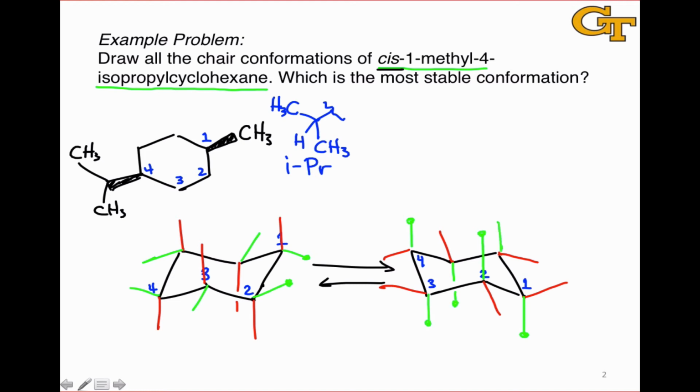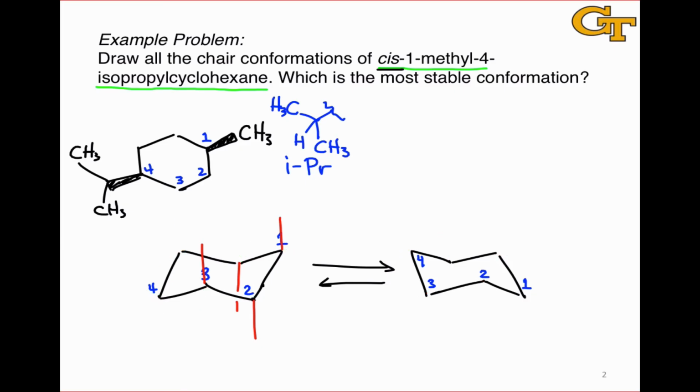So this is just to demonstrate in general how positions change when we go through a chair flip process. For this specific example, we don't need all these intricate details, but this is the general idea. And you can imagine that if we had a cyclohexane that had different substituents at all 12 possible positions, we might have to deal with a situation of this complexity in a hypothetical case. But generally things are simpler than that, and we can deal only with the substituents relevant to our compound of